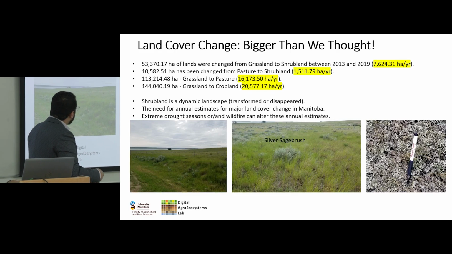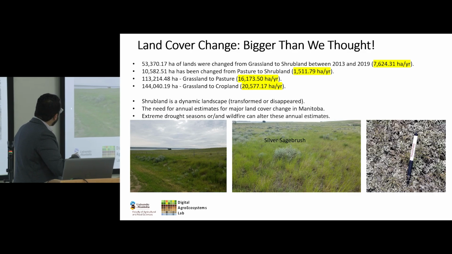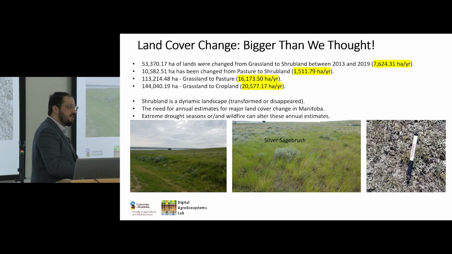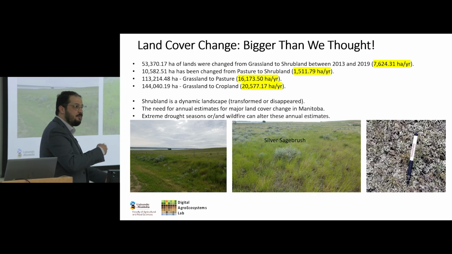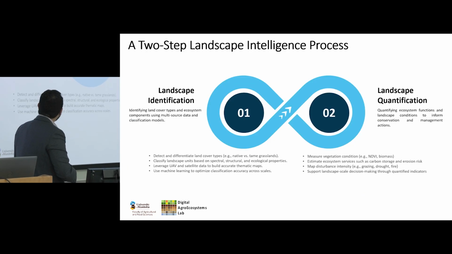But anyway, these are pictures from the field. You could see the silver sagebrush encroaching. Most of the time you see that they are near some roads, so it comes with some movement or seeds that have been transported, not intentionally. Anyway,